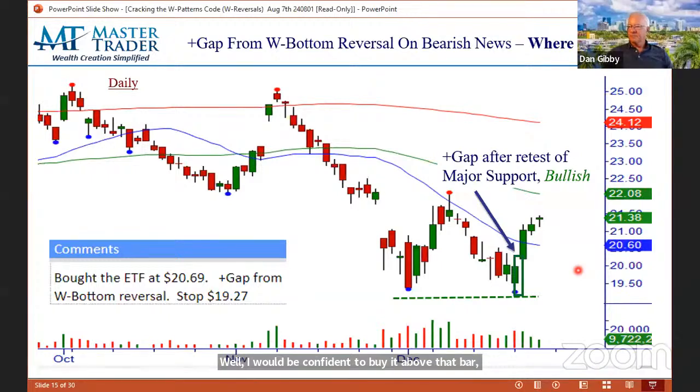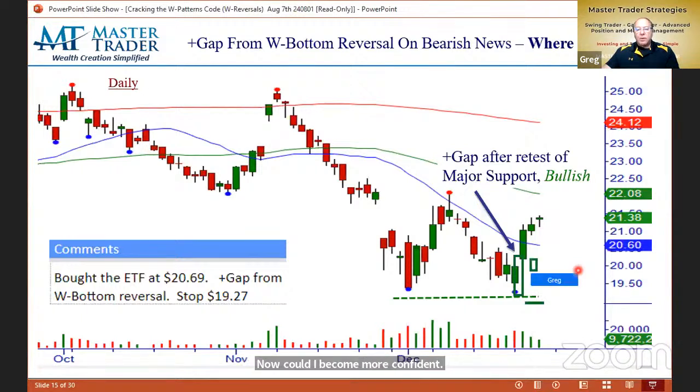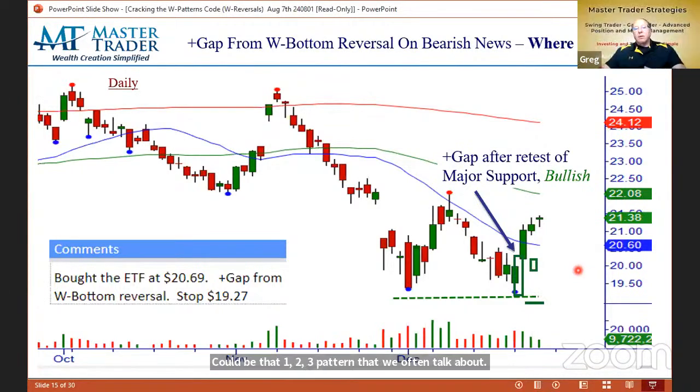And I'd put a stop down here. I'd size my position for that, money management. Now, could I become more confident? Yeah, could be that 1, 2, 3 pattern that we often talk about. Perfect. So as you begin to learn master trader strategies and method and bar by bar analysis, we can call